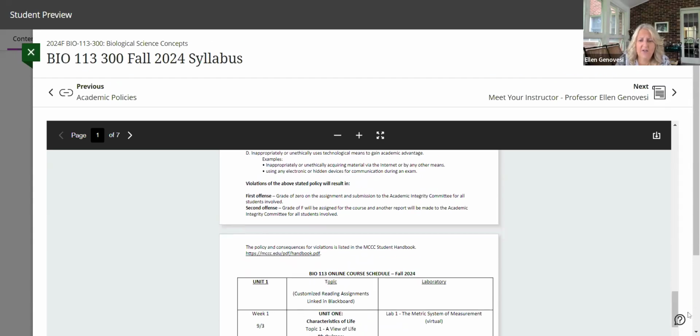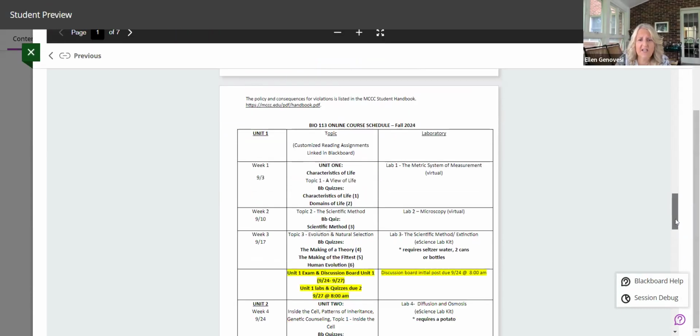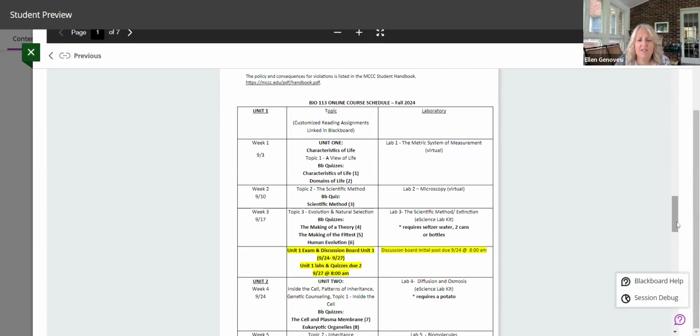Okay. And here's what I'm saying, very, very important is the course schedule, because this gives you an idea of when the deadlines are. Okay, they're just hard deadlines at the end of the unit. So for this particular class, everything for unit 1 is due September 27th at 8 a.m., which seems like a